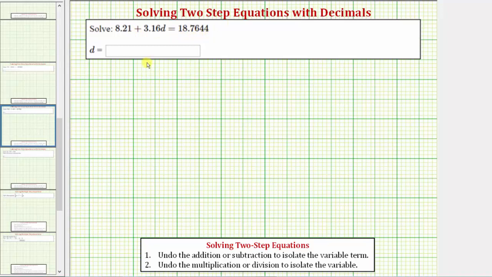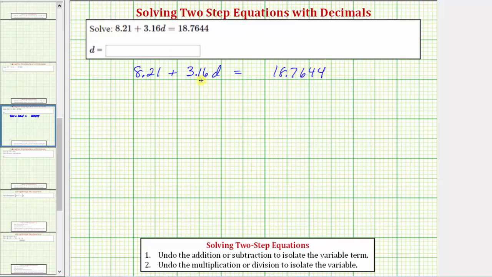When we have an equation that contains decimals, we have a choice of leaving the decimals in the equation and solving the equation in the given form, or we can multiply both sides of the equation by a value to eliminate the decimals from the equation before solving. In this video, we will be eliminating the decimals in the equation before solving. So we want to solve the equation 8.21 plus 3.16d equals